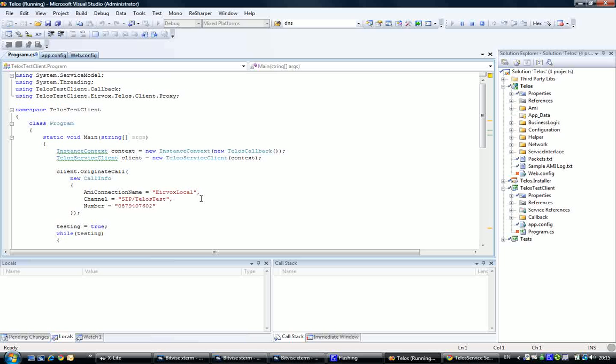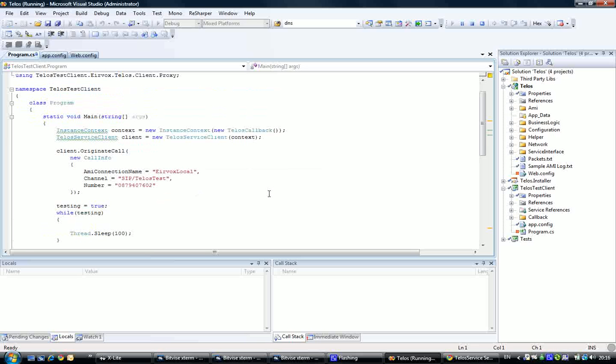So as the call progresses, Telos will make callbacks into the client to say, okay, I've logged in, I'm originating, the call is in progress, the call is hung up, and so on and so forth. And we'll see all that in action in just a moment. So this is setting up the local context, the callback, and this is the Telos service client here. We're just instantiating one of those, and the originate call operation on that client